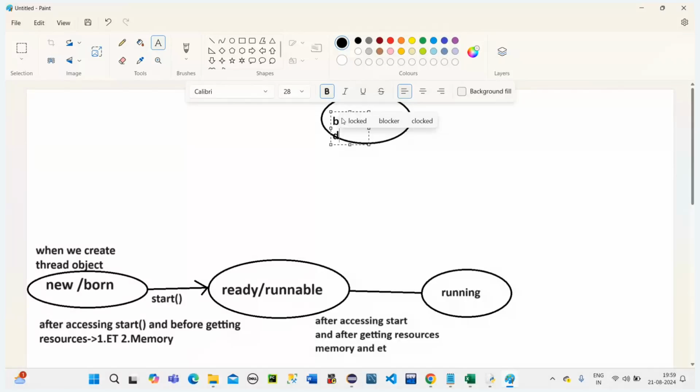Blocked, or we can also say sleep, we can say waiting. So we can say sleep, blocked, waiting, suspended, all those things we can call it. Okay. So now